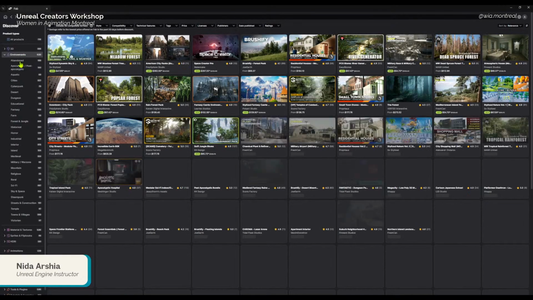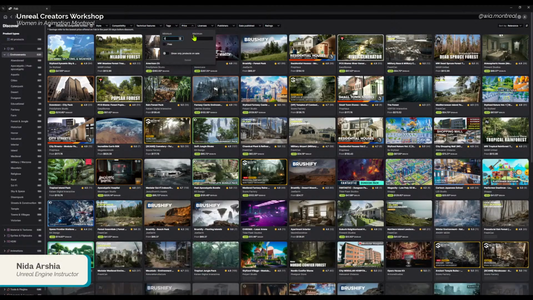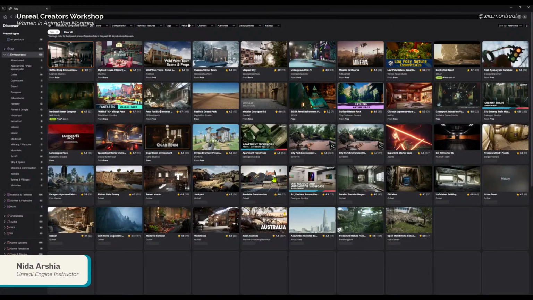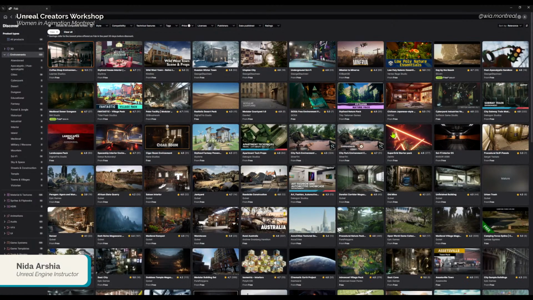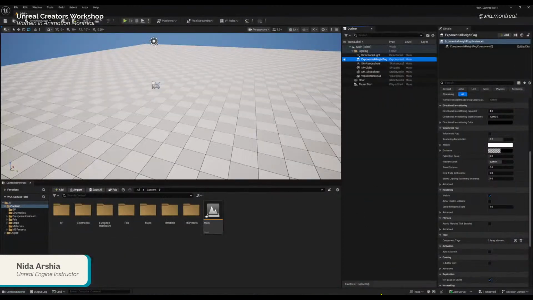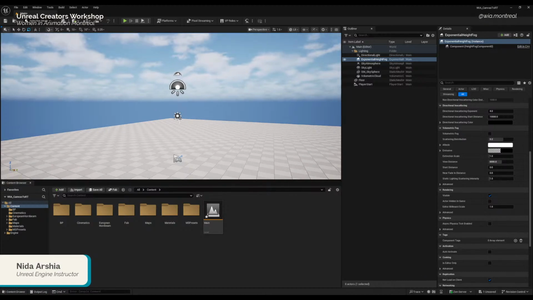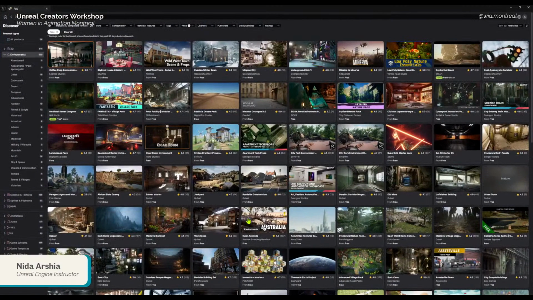If you go to Environments, there are a bunch of settings. These are all the free environments that are available on Fab. You can download them and directly run them inside the editor. That is very important when we are working with Unreal, because sometimes we will be using those assets from Fab, primarily from Quixel Bridge.